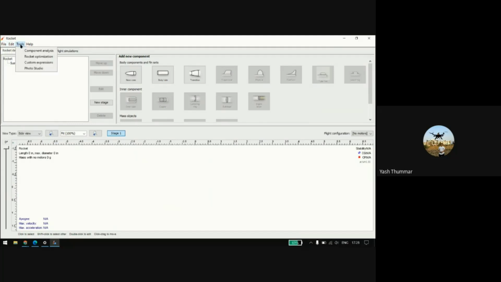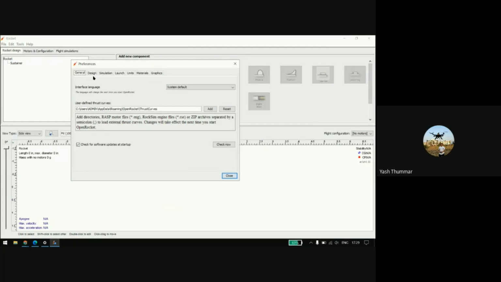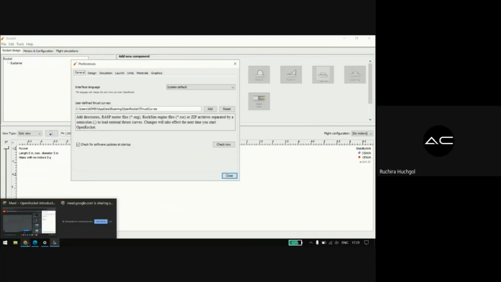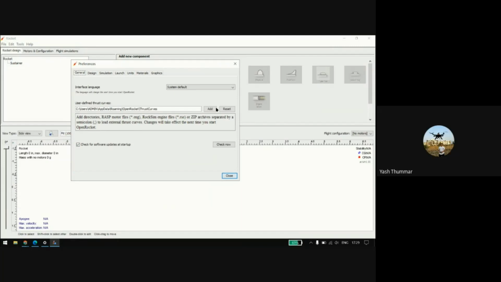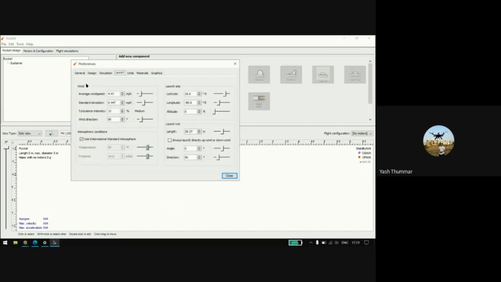First of all, to avoid any mistakes in physics, we all know how important units are, right? Everything depends on units. So you may go first of all to preferences. Is my screen visible, completely, all dialog boxes and all? Yes, it is. Here in general, you can set where it will save by default, the design, simulation and launch, default ground settings and all. You may change them later. And units.